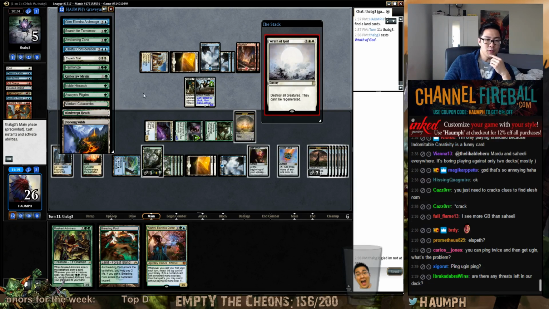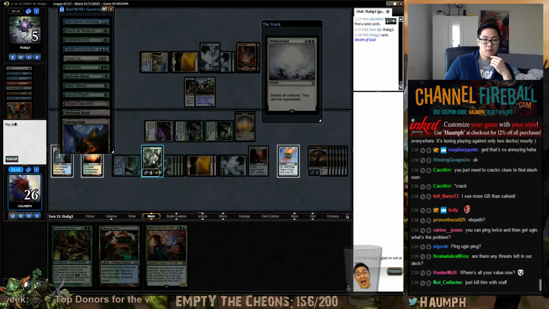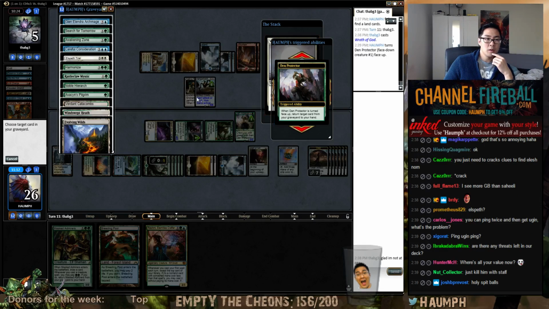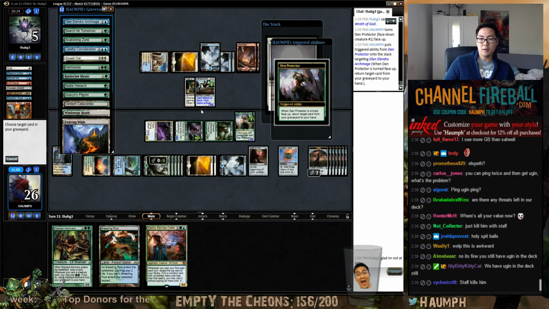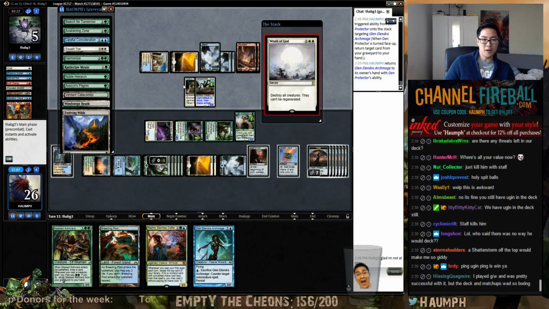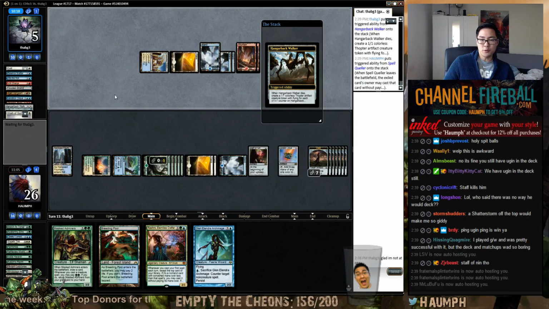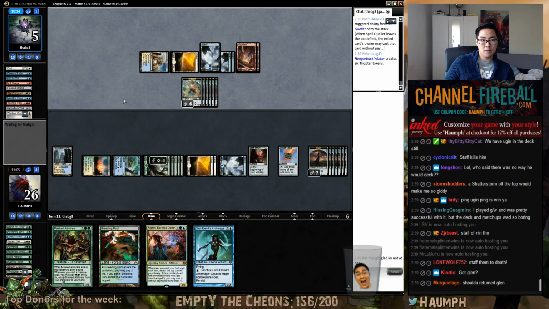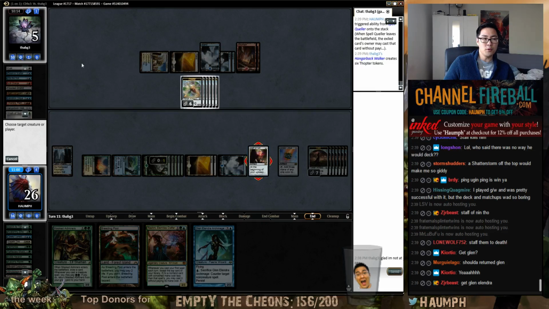Oh yeah, I have Ugin in my deck, don't I? Alright. You're right. I totally forgot about Ugin. This is not really bad. I forgot about Ugin. And we're at 26. I could have returned Glenn. The problem was...